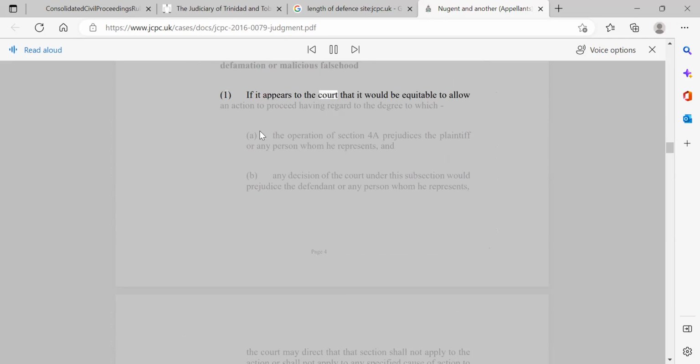If it appears to the court that it would be equitable to allow an action to proceed having regard to the degree to which (a) the operation of Section 4A prejudices the plaintiff or any person whom he represents, and (b) any decision of the court under this subsection would prejudice the defendant or any person whom he represents,